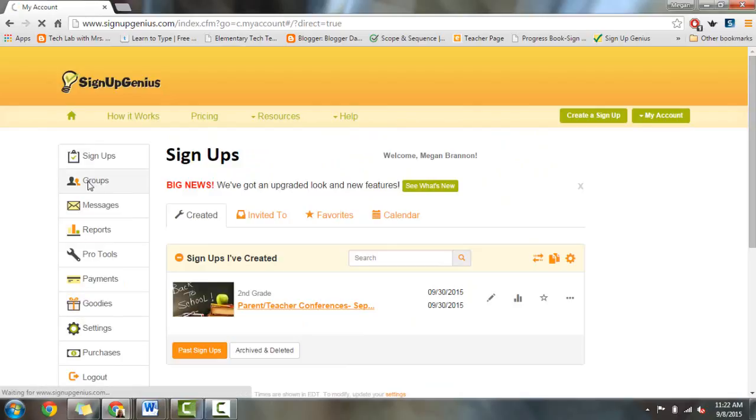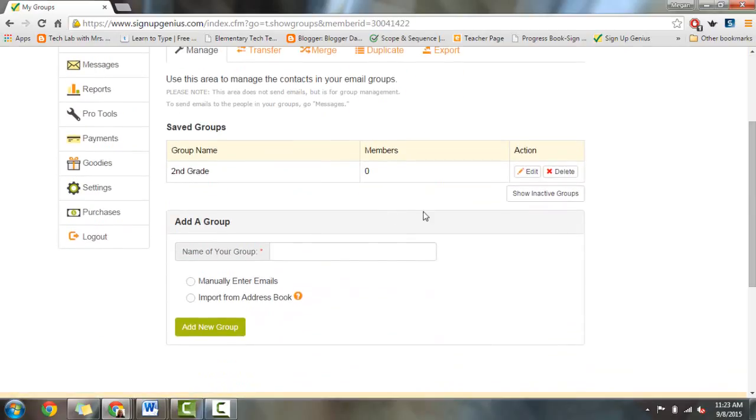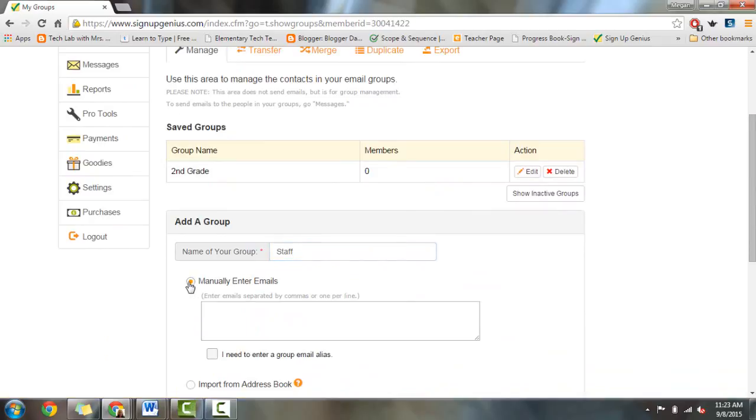The next one down says Groups. This is when you want to create a group that you can send a sign-up to. For example, if you have a class of second graders, you may create a group named Second Grade. Let's create a group quickly so you can see how it's done. I'm going to create a group named Staff, and you can either manually enter emails by just typing them in,